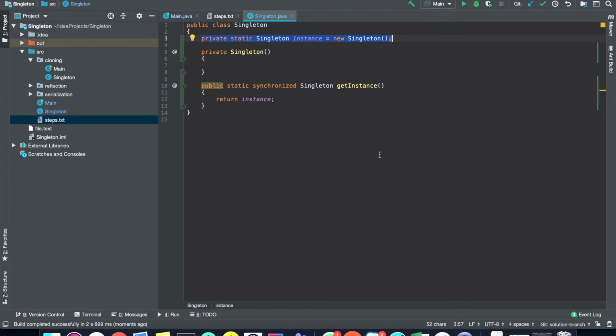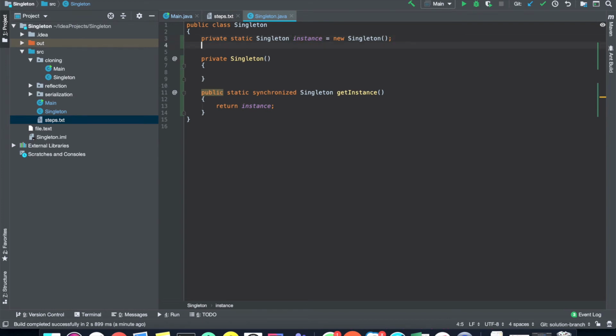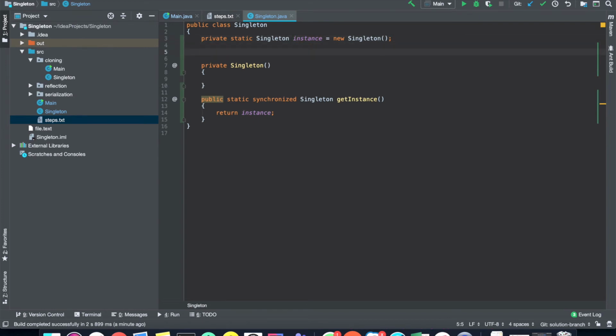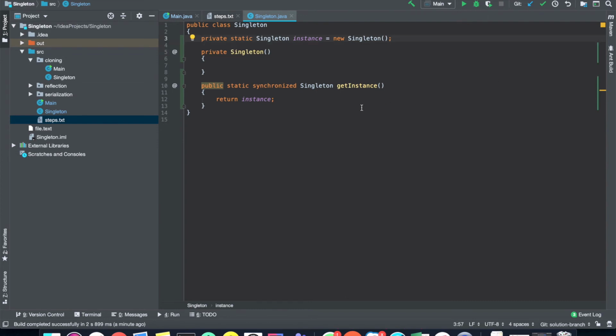If in the entire life cycle of the application this instance is not used, it is still present in memory. Also, if there is an exception while creating this object, such as database not found, that exception is not handled here.